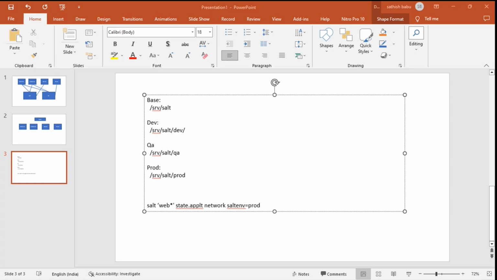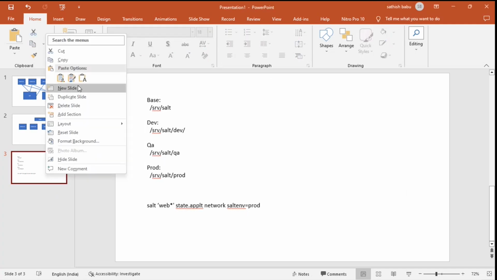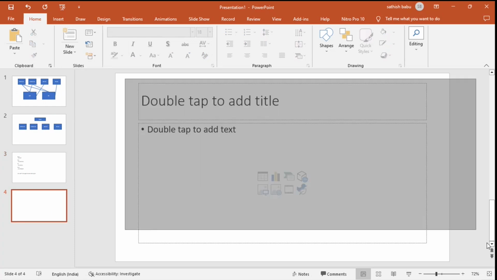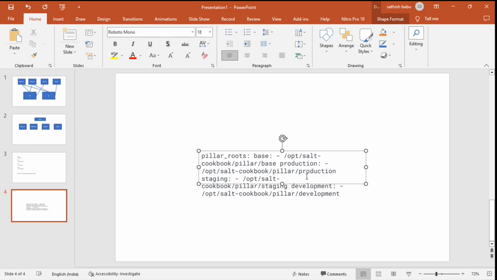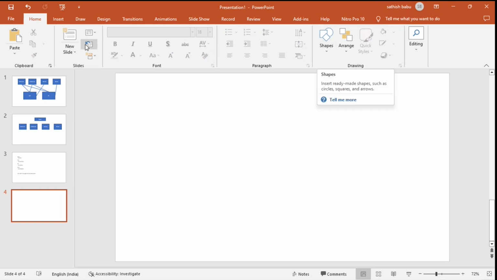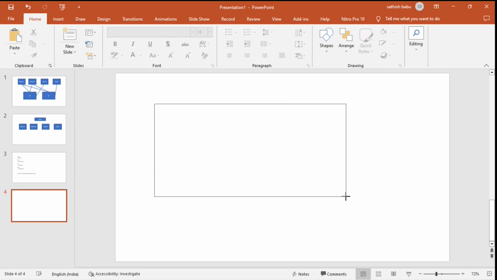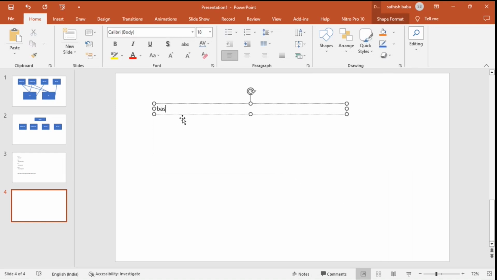So this will be something like this. I'll just take it up. So the pillars will be common. This will be the pillar structure. I'm just breaking the structure. So this will be something like this: base, SRV slash